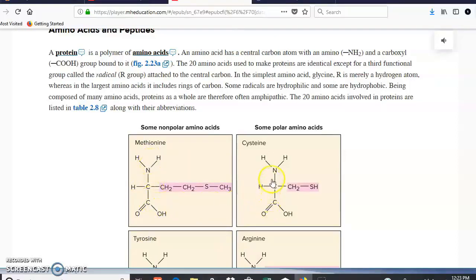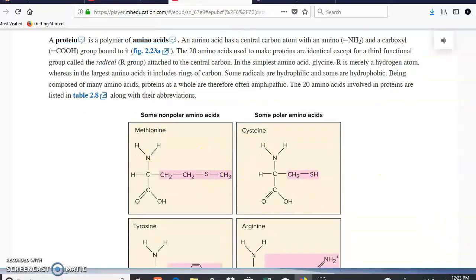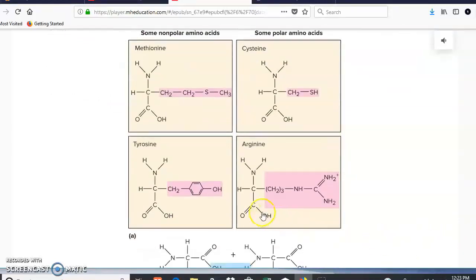This is another amino acid, but there's one part that is going to be different. So this part right here is different, this part right here is different, and this part is what makes the different types of amino acids that we use in order to make protein. So as you can see here, methionine and cysteine, right? These are two different kinds of amino acids because this part right here, the variable part, is different. If you scroll down, you can see other types of amino acids in which, again, the backbone is the same, right? The amino and the acid, and this part is the only one that is going to be different.